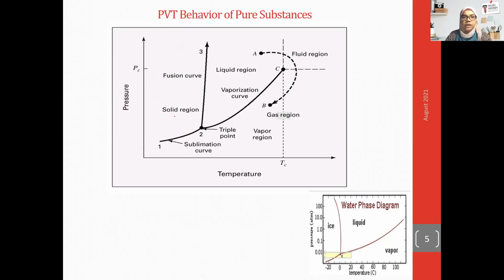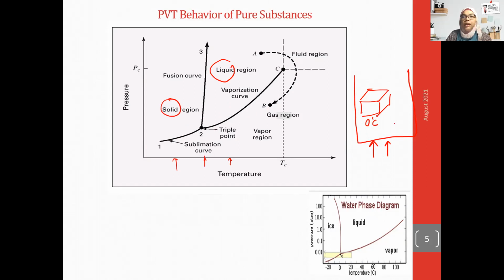The first region here is the solid. For example, we have ice here. Maybe you can imagine that in one vessel we have ice. And then if I heat up the ice, the condition of the ice is about 10 degrees Celsius. And then when I supply heat into the system, the ice starts to melt and it turns to liquid, right? From solid, it turns to be liquid when we increase the temperature